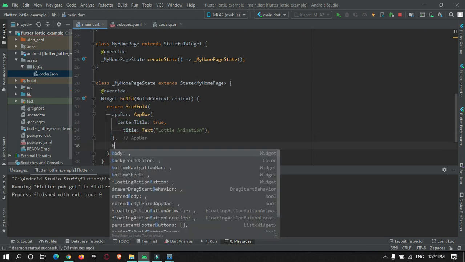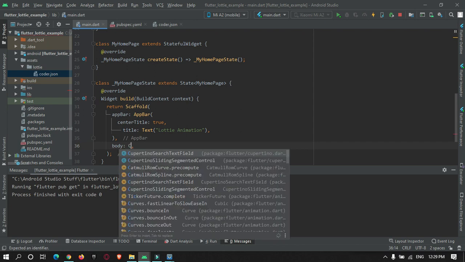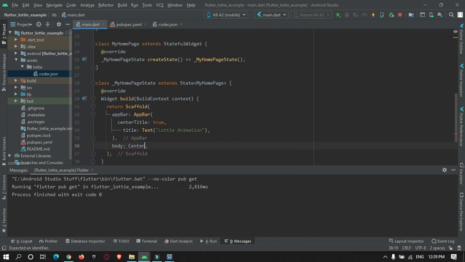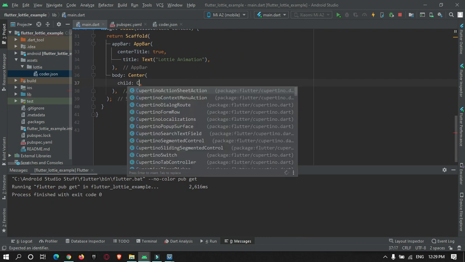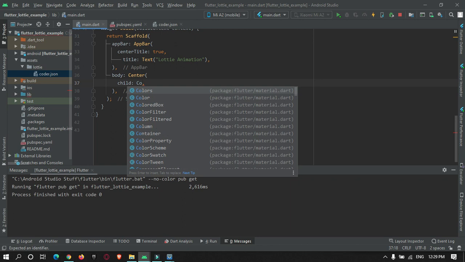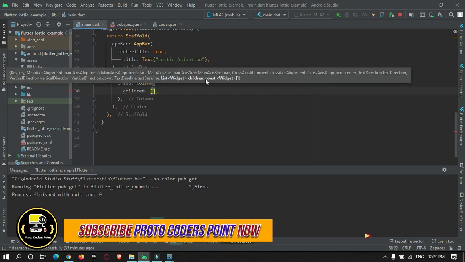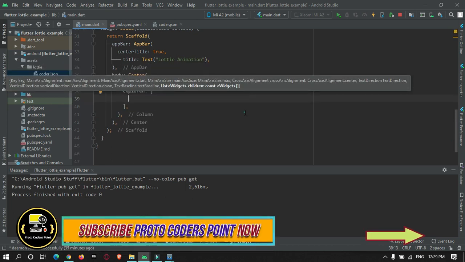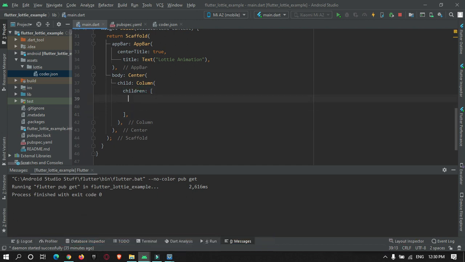In the body we will show our animation effect. For that I will make use of a Center widget to bring all the widgets to the center of the screen. Then in Center I will make use of a Column widget so that I can show more than one widget at a time. In children we can show more than one widget.